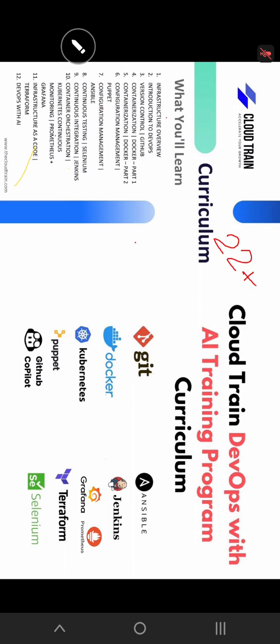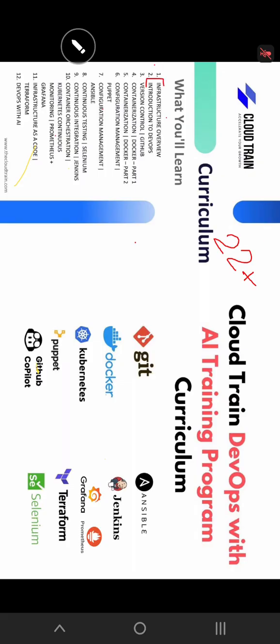We want to give you the whole DevOps learning package. We don't want to leave anything out, so that you might see it in your next profile and say, okay, I did not learn it from Cloud Train. So we are trying to give you as much as we can in the right amount of time. We are not trying to overburden you. This is the right knowledge in the right amount of time, and that's how we have planned everything in 11